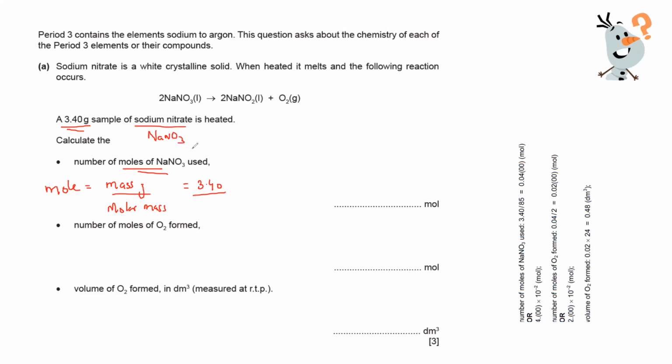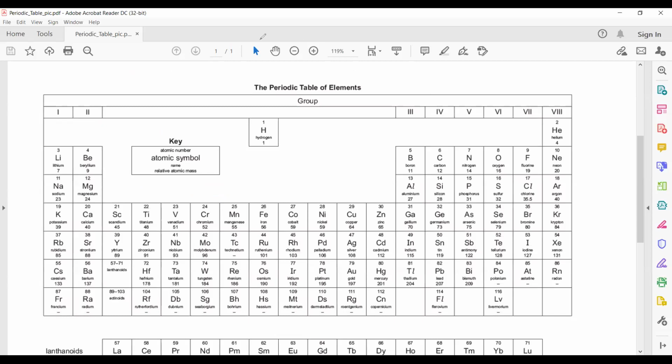So what is the molar mass of sodium nitrate? To get the molar mass of sodium nitrate, you have to use a periodic table. As you can see on your screen, this is a periodic table that will be available in the exam. You don't have to memorize the masses. So when we check sodium, it is 23, because we are finding the mass of sodium nitrate, which is NaNO3. So sodium is 23 here,